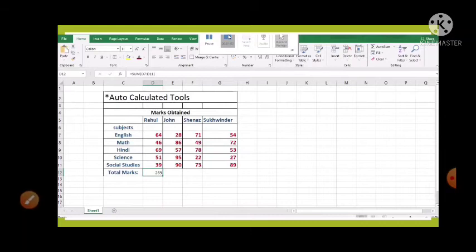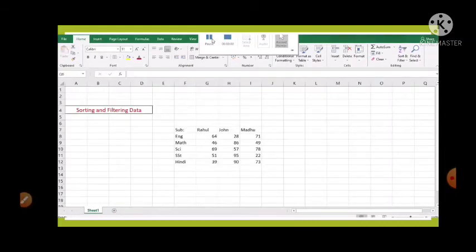Okay, now we will learn about sorting and filtering data. So sorting is the process of arranging data into meaningful order. This meaningful order has 3 main benefits. 1, searching becomes easy. Number 2, data starts making more sense. And number 3, analysis of data becomes easy.